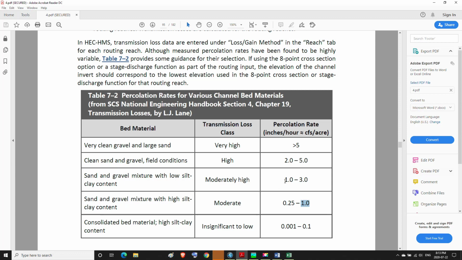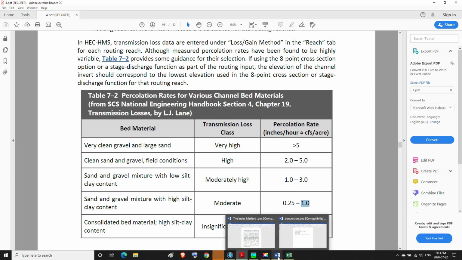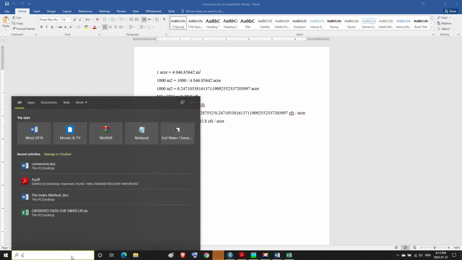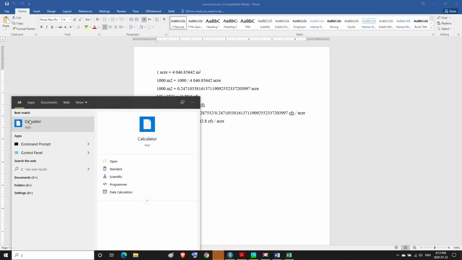So we need to convert this value to the meter cube per second per 1000 meters square according to this relationship. To do so, we use the calculator as we see.